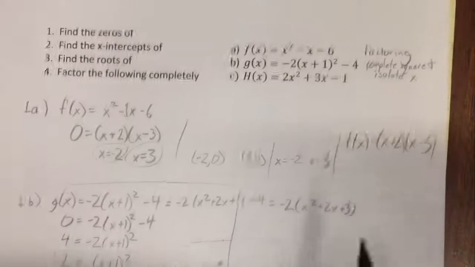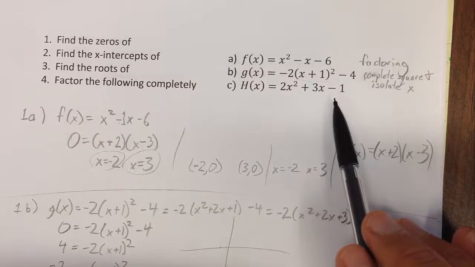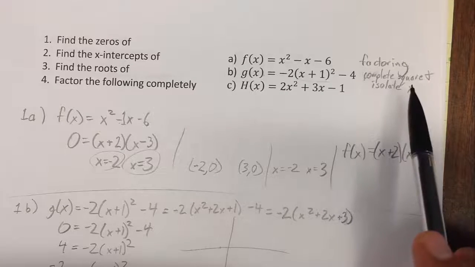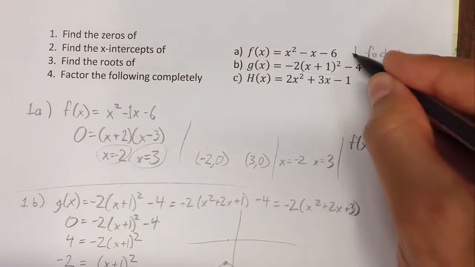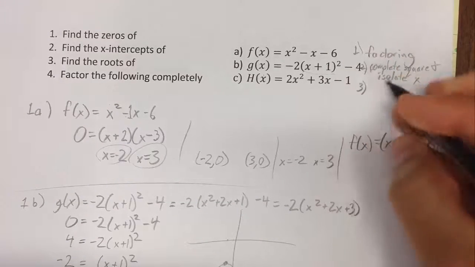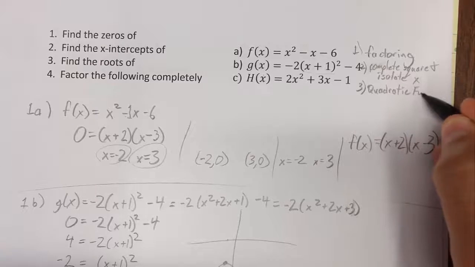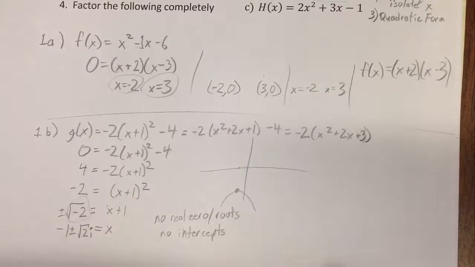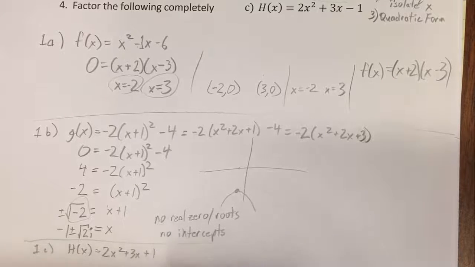Okay, so on to the last kind of problem. Let's imagine that you couldn't figure out how to factor that, and that you didn't want to complete the square, which you could, and isolate x. Well, we have a third strategy, 1, 2, 3, and the third is using the quadratic formula. Okay, so we're going to take that h value up there, 1c, and we're going to use h of x equals 2x squared plus 3x plus 1,